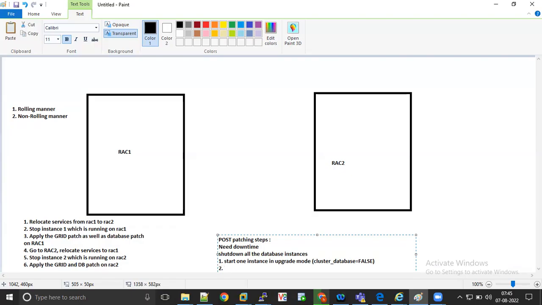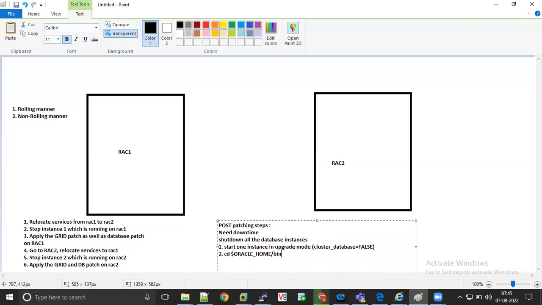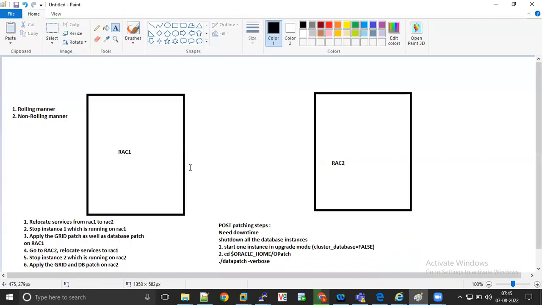Then go to the second, move to cd $ORACLE_HOME/OPatch. Okay, not bin, OPatch. Here you have to run datapatch -verbose. Until here you don't have any downtime. Okay, one instance is up and running, another instance is